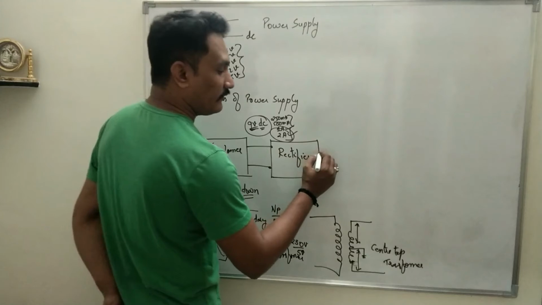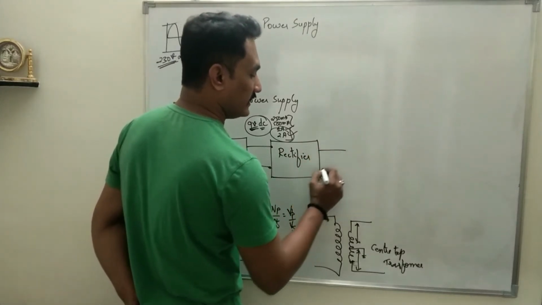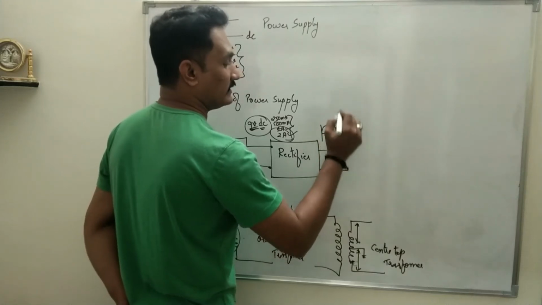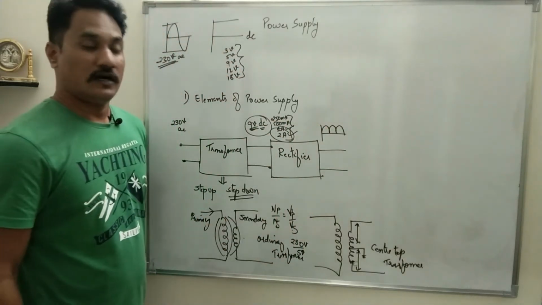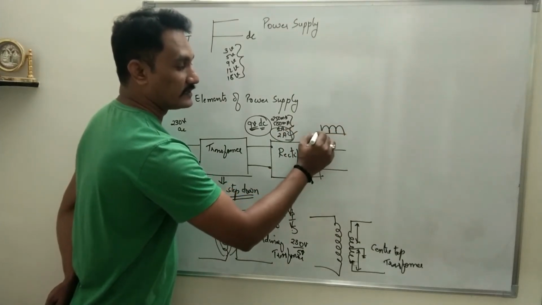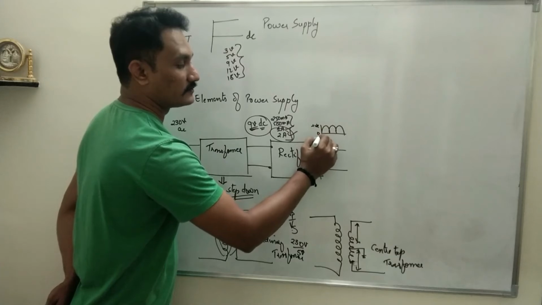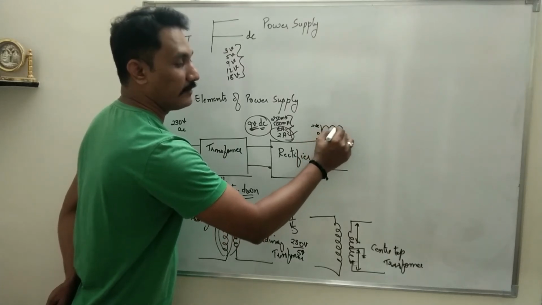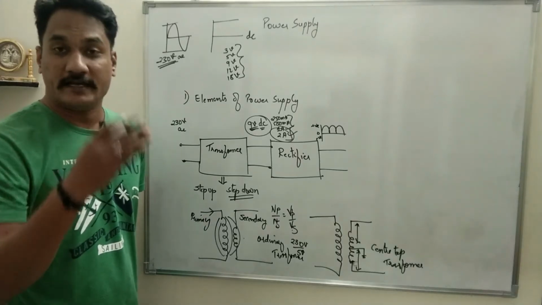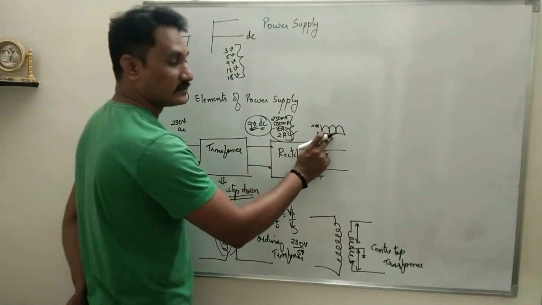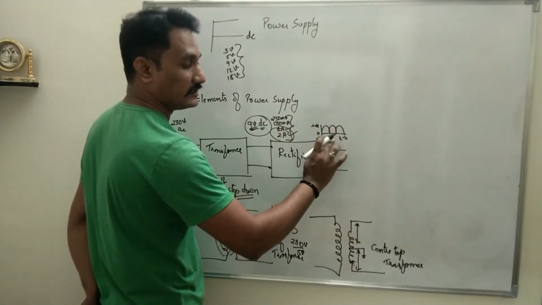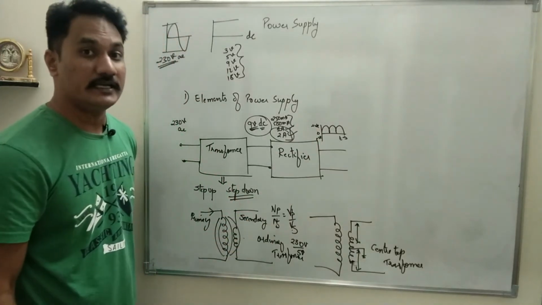So the rectifier converts AC into DC. The output of the rectifier will be like this. Of course, the direction of current flow is only in one direction. This is say 0, this is positive and this is negative. What you can see is that the polarity of the signal is not changing with respect to time. Of course, the amplitude is changing, but the polarity is not changing. If polarity is not changing, of course it will be DC.